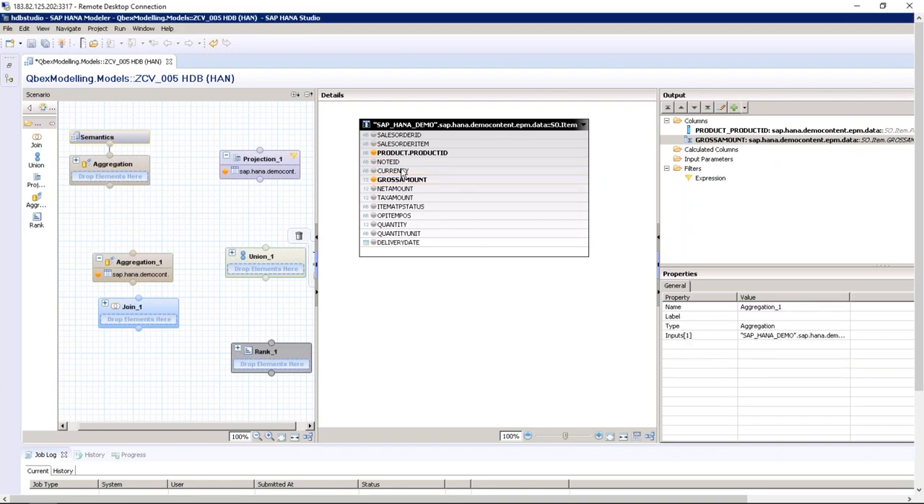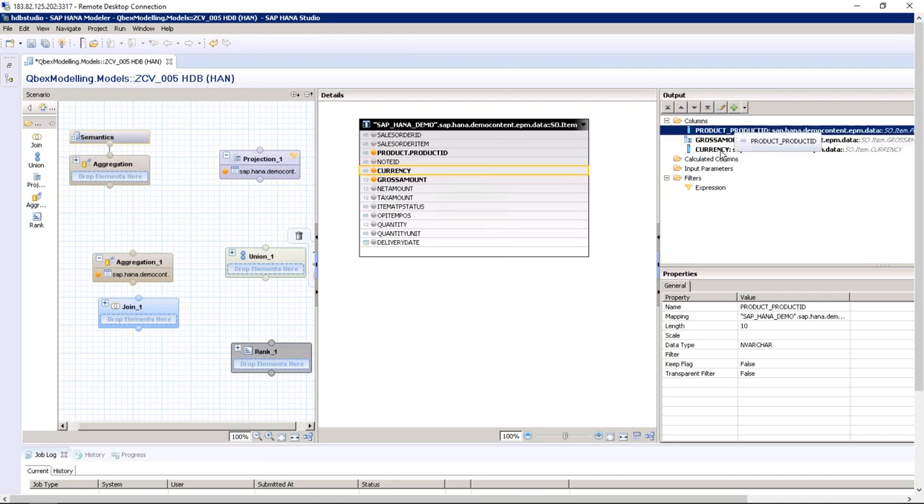Apart from product, let's say I also want to see currency also. Now this is again an attribute. Let's say add as output. Then it will be: select product ID, comma, currency, comma, sum of gross amount from the source object group by product ID, comma, product